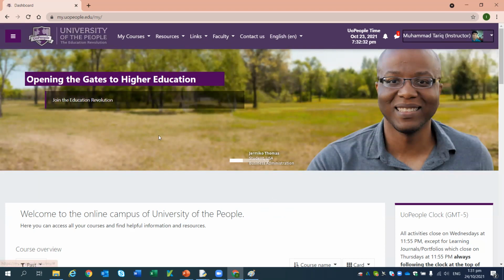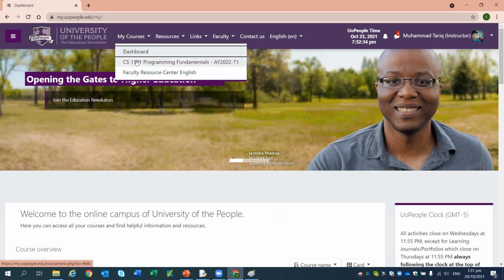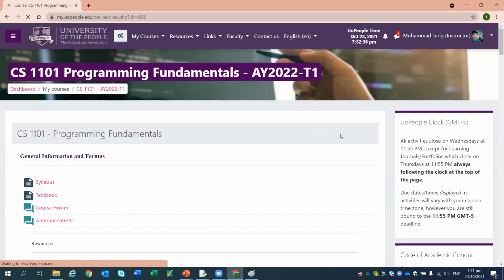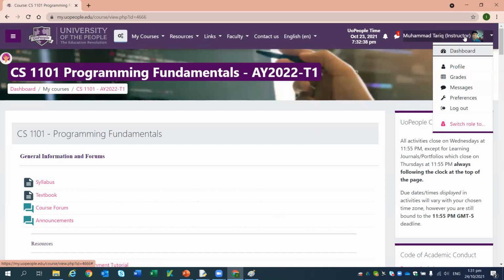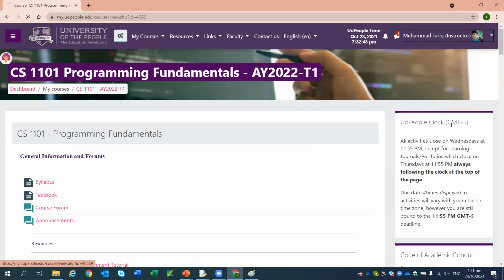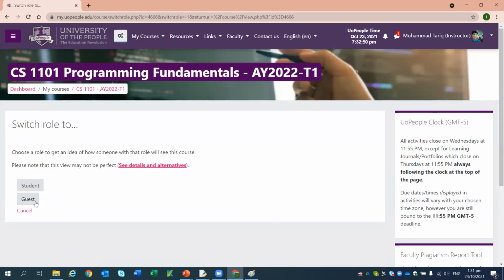So what I need to do is go to scores first. And now I will see, okay, here. Right now I am logged in as instructor role. So I have chosen to change my role from instructor to student.